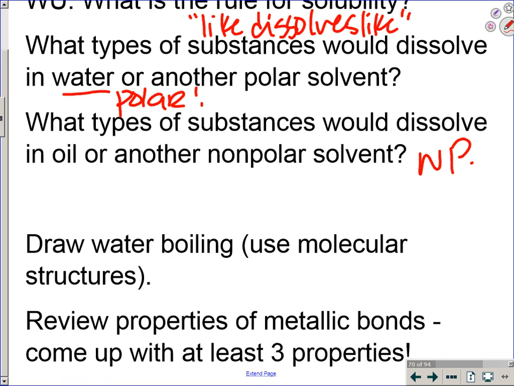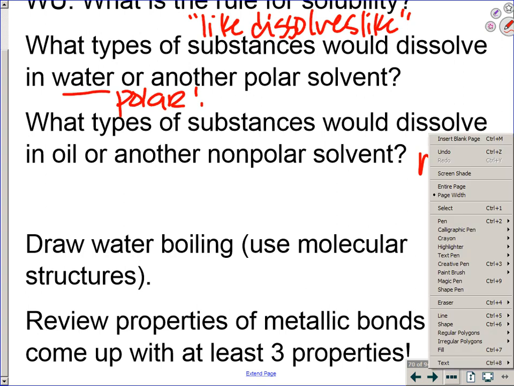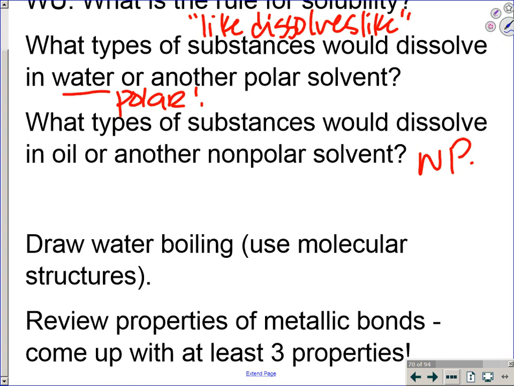It is bent, so draw that for me, and we're going to draw water boiling. So that means we're starting with what phase of matter? Liquid, and we're going to what phase of matter? Gas. Okay, so we know water has what atoms in it? How many H's? 2 of them, H2, so H2O. Remember, you always start off by looking at your valence electrons. There are 8 there, because there's 2 from the H's and 6 from oxygen,